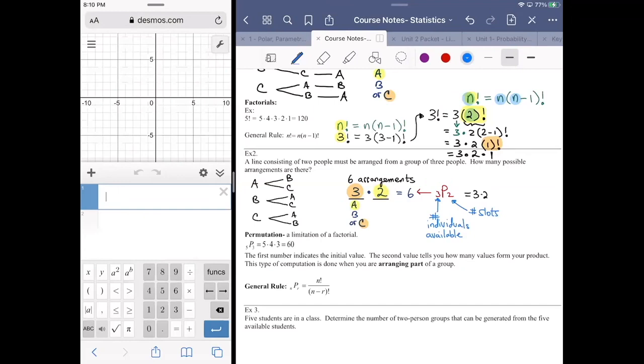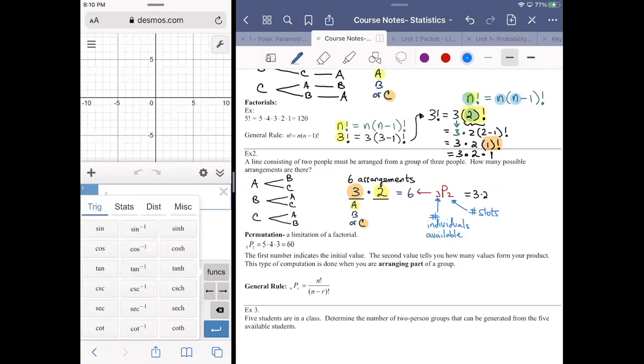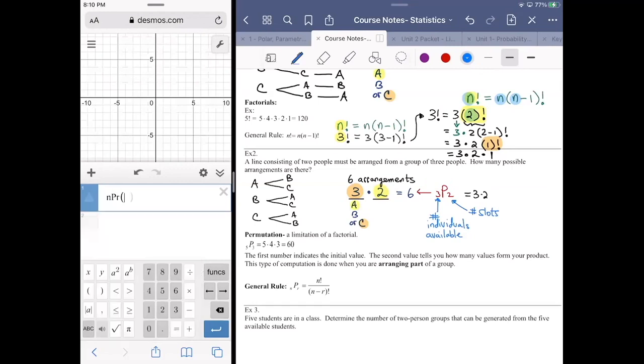So instead, on our Desmos calculator, we go to functions. You have under stats the option nPr. So you bring up the function nPr and then type in 3, 2, and it'll just spit out the value,